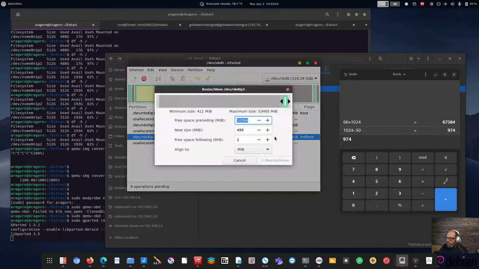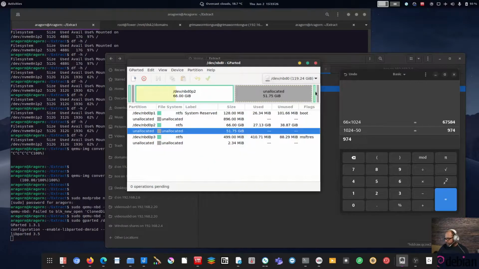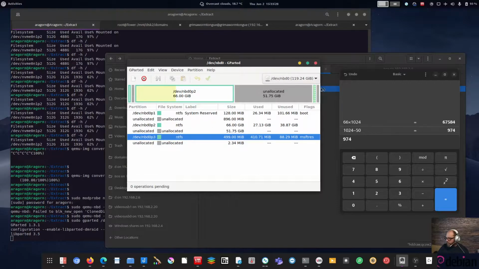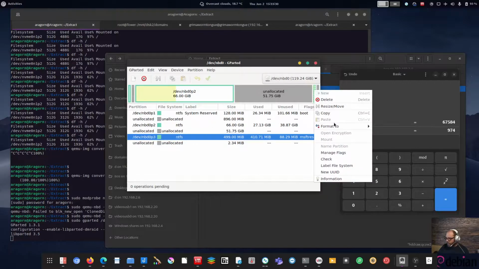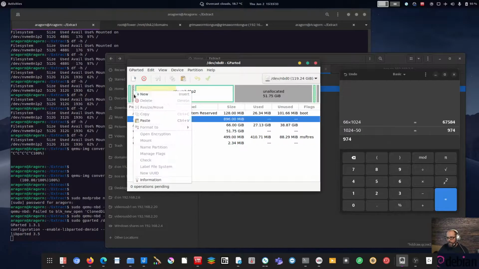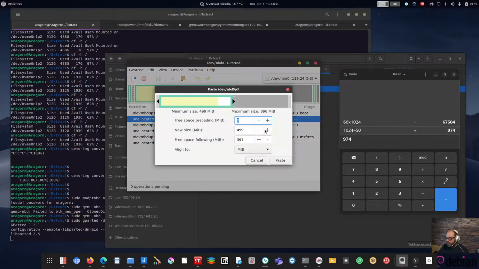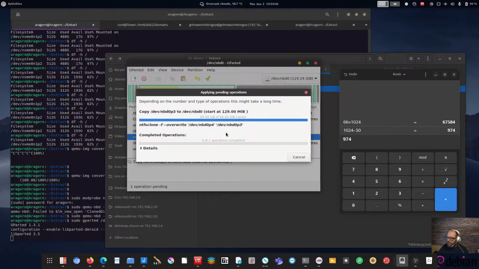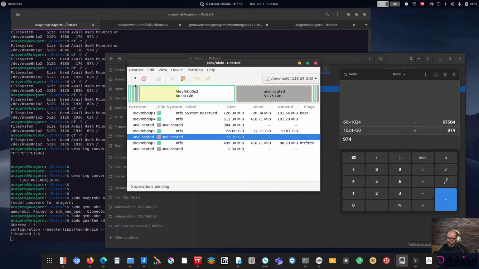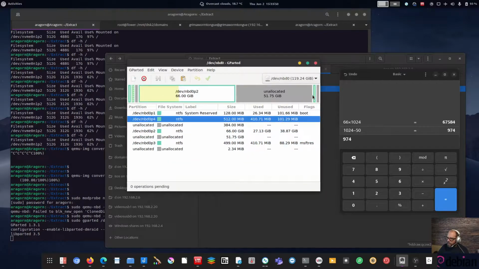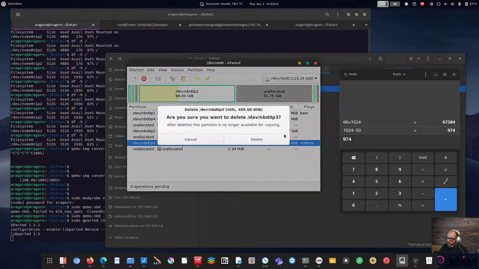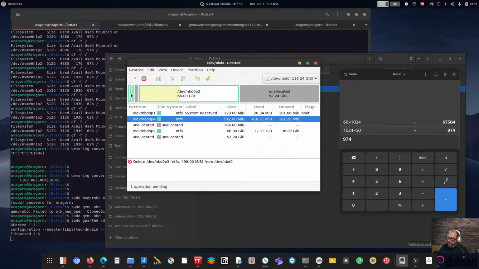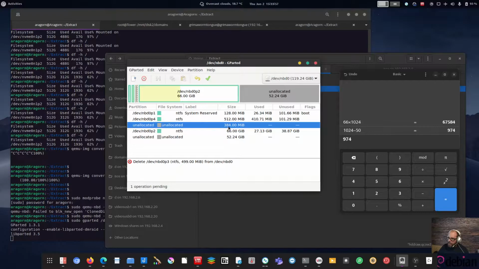And I don't think you can move it. No, you can't. Okay, so what you have to do is copy and paste it in here, and I'll make it 512, in our standard sizes, and I paste that. Okay, and so now we've got our two partitions. This is the copy of this one, which I'm going to delete. So let's delete that. So we've got our two partitions, and we've got a nice little bit of space available